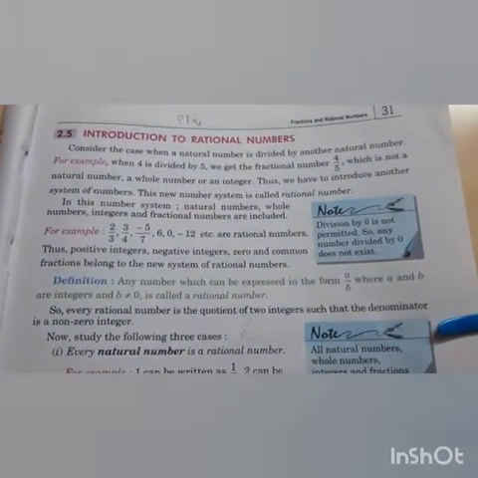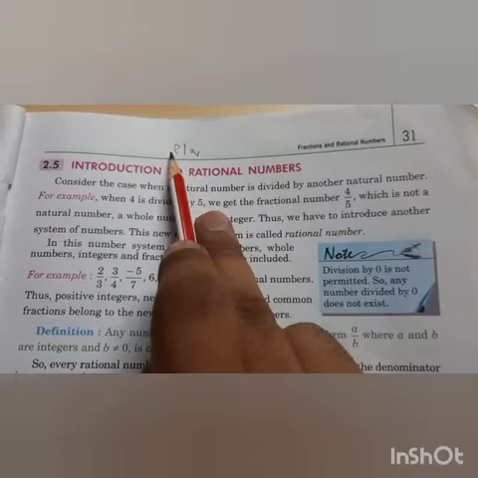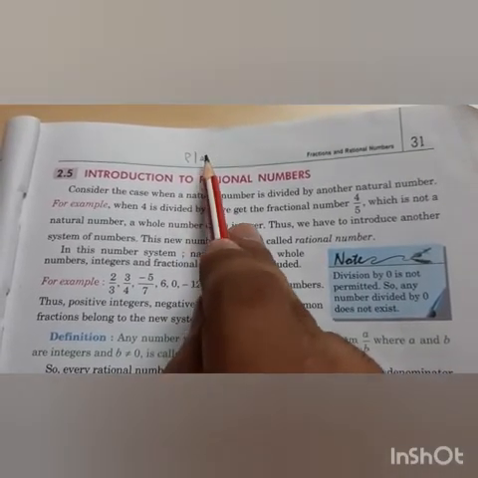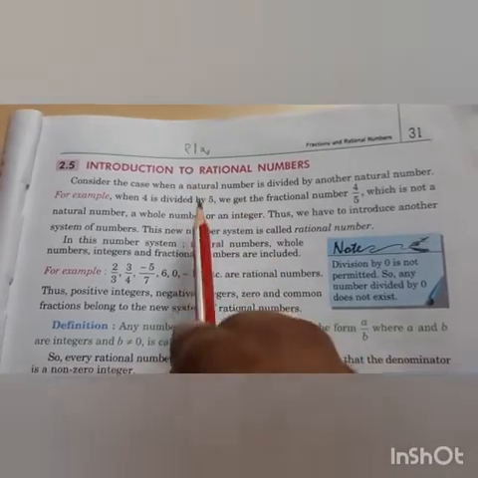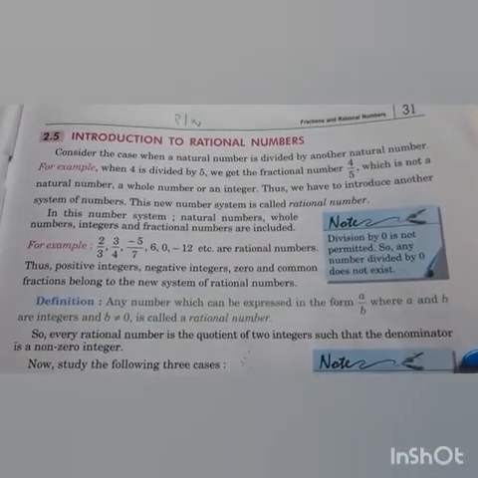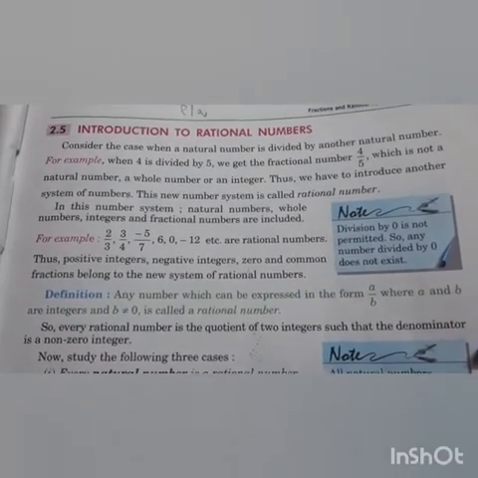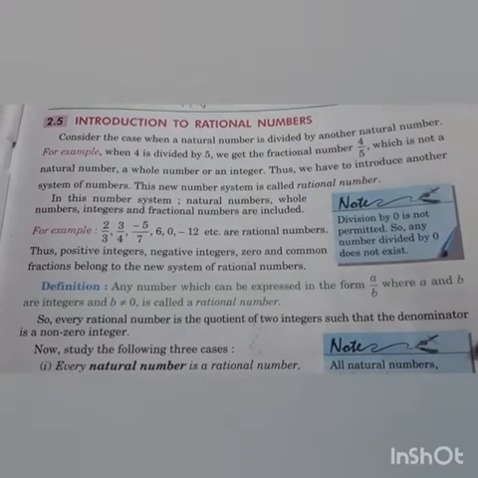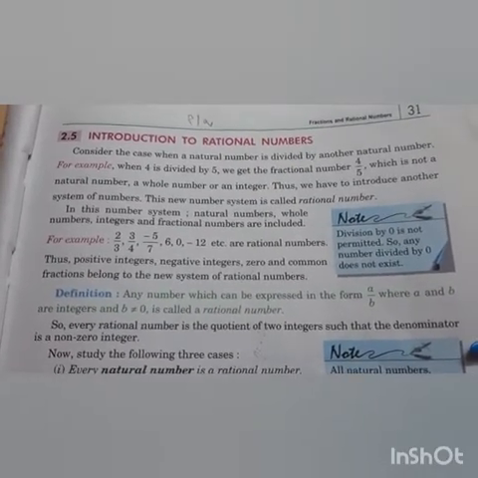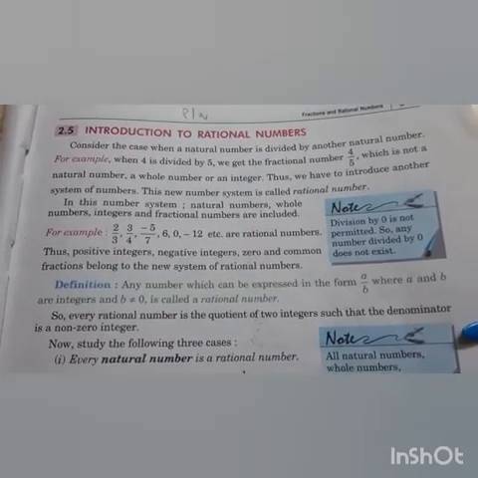Any number which can be expressed in the form of P upon Q is known as a rational number. P upon Q means any number can be written in the form of numerator upon denominator, which in standard form we call P upon Q. It is termed a rational number. I have already explained this in the very beginning of this chapter. You can even see those lectures when I was starting exercise 2.1. Before that only I explained this, and if you still face any problem, you may ask me.